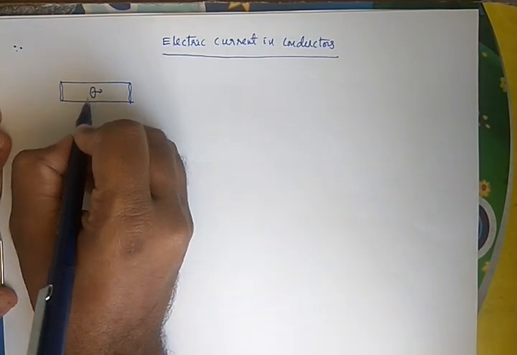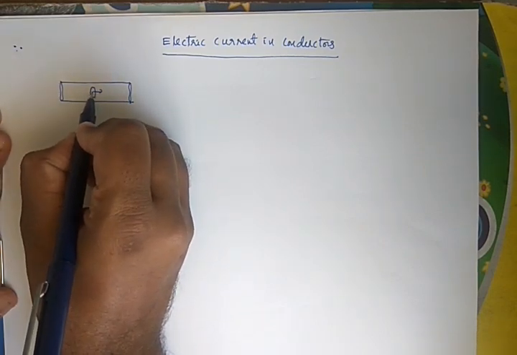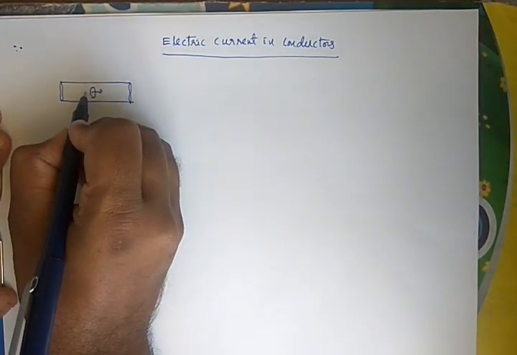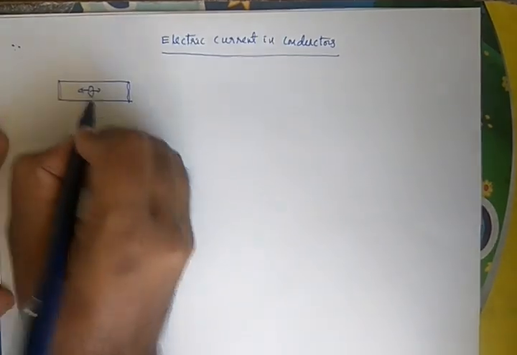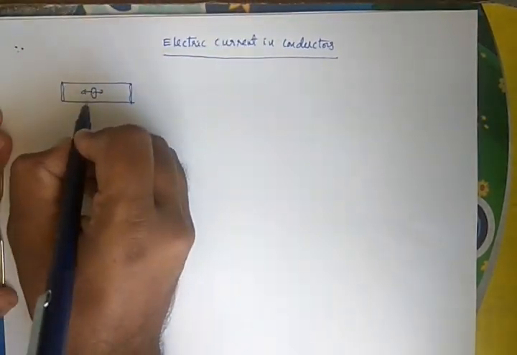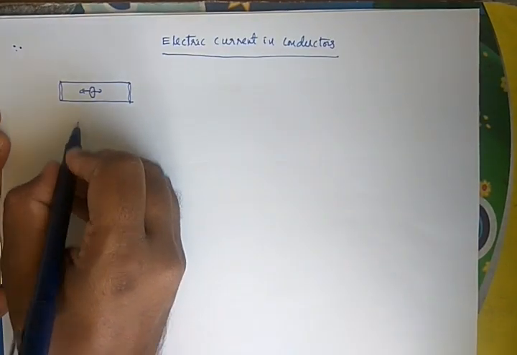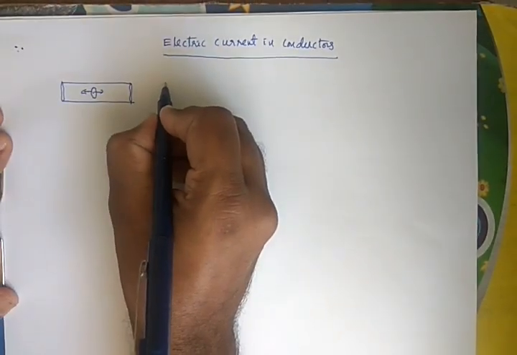So when electrons are moving randomly in all directions, at any point if you compute net charge flow through this area in any direction, it must be 0, because the same amount of electrons will go in the opposite direction also. Because of that, net charge going through this area in a particular direction will be 0. So there will be no net current. But when you apply, for the same conductor,